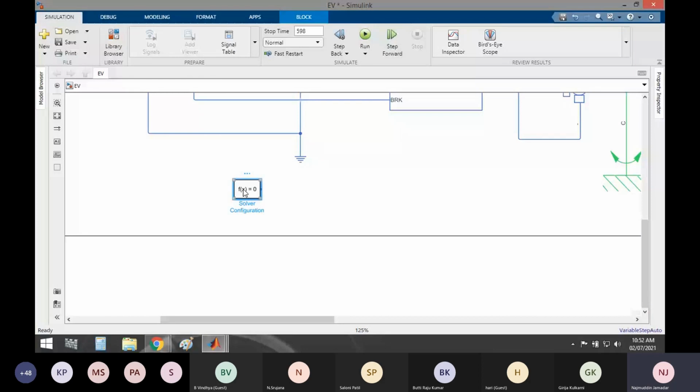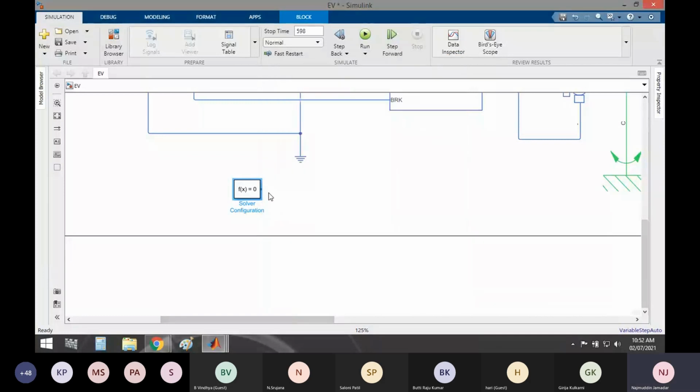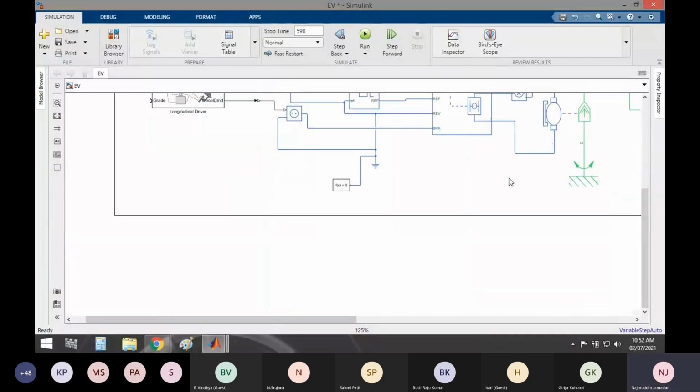Here you can choose any method of solving: backward Euler, trapezoidal, or partitioning solver, like that. But I will keep it as default. You have to connect it with the electrical reference. One more thing, you have to connect this motor part to this reference also. Everything should be connected with the reference.